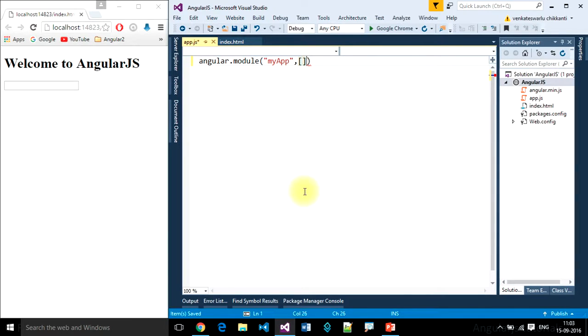Then comma, dependencies. If your module is dependent on any other modules, you can pass the modules here. This is a list, an array. As of now our module is not dependent on any other modules, so I'm passing an empty array. This is how we create a module. On top of this, if you want to create a controller,